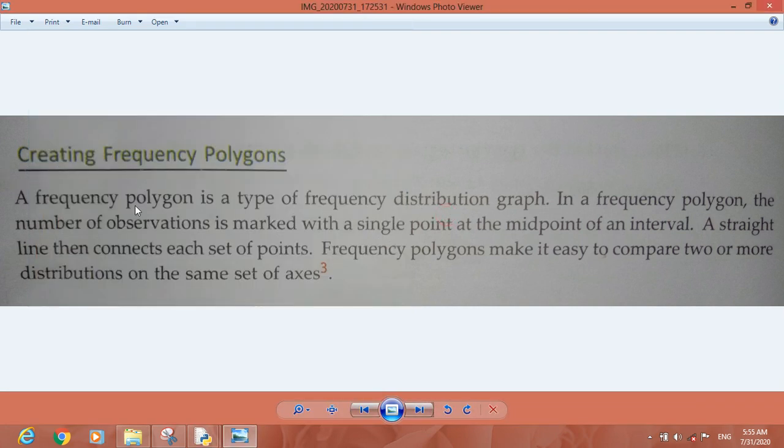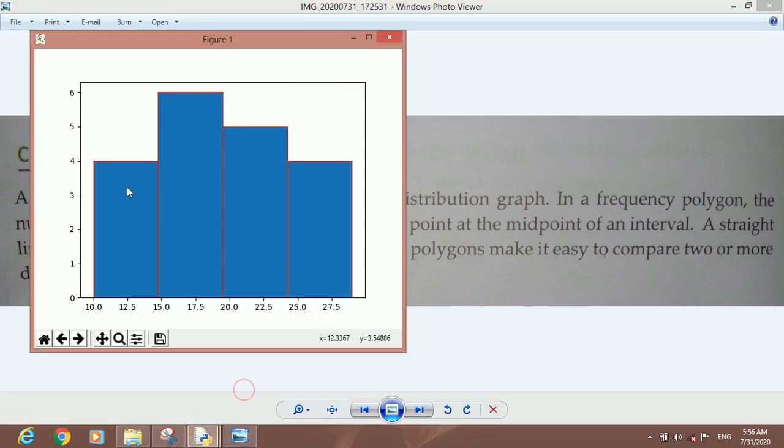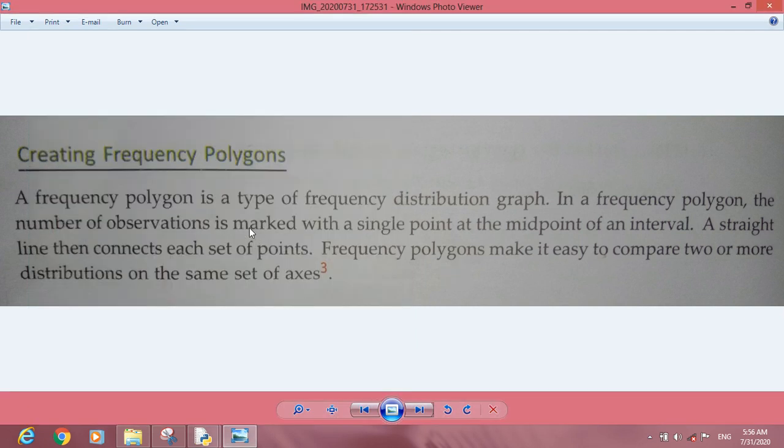So that's what it is telling, that a frequency polygon is a type of frequency distribution graph. In a frequency polygon, the number of observations is marked with a single point at the midpoint of an interval.